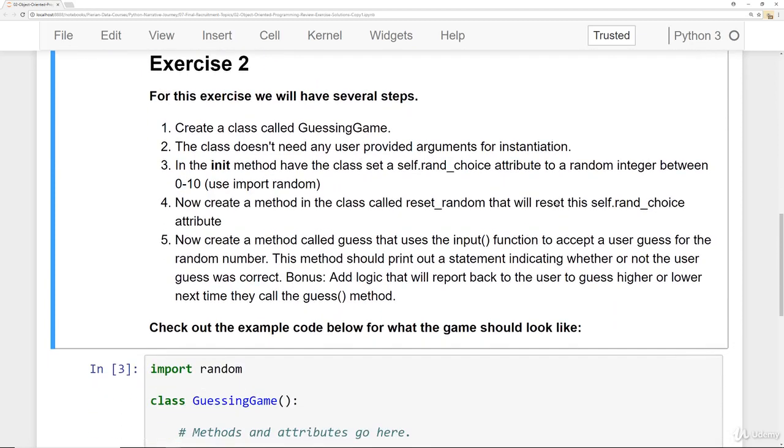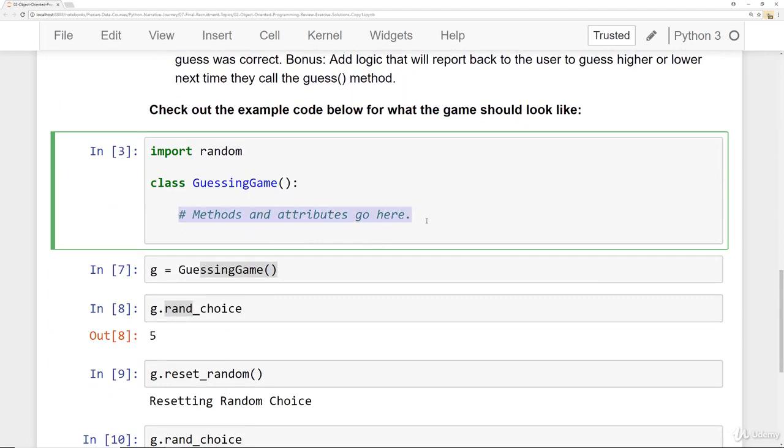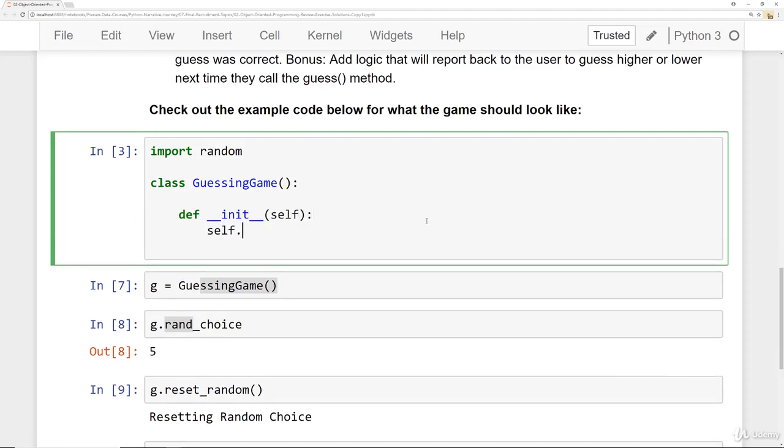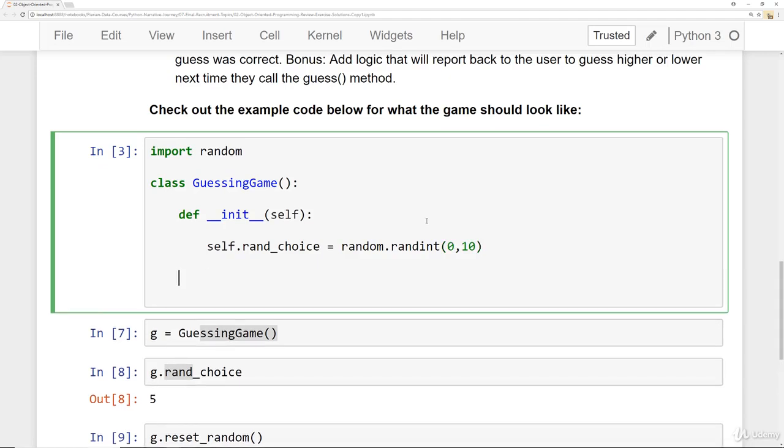Now for exercise 2. This one was definitely a little more complicated, so let's see what we could do here. We're going to start off with an init method, and as described in the instructions, you don't need any parameters here, so we'll just say self, and then we will create an attribute called self.rand_choice. And self.rand_choice is going to use that random library that we imported, and then it will use the randint function that we discussed earlier in your training, and it's going to pick a random number from 0 to 10,